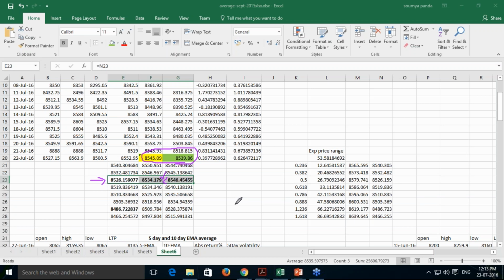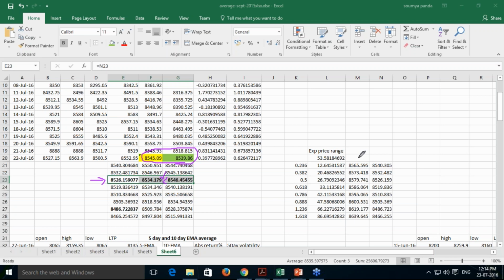If currently this is an uptrend, using the Fibonacci and volatility, we are concluding that if the price goes below 8526, then this particular scenario is going to change. The trend which is up now will be considered as a downtrend. So this is what you got, a downtrend. So trend information you got, and as long as that downtrend prevails, you can